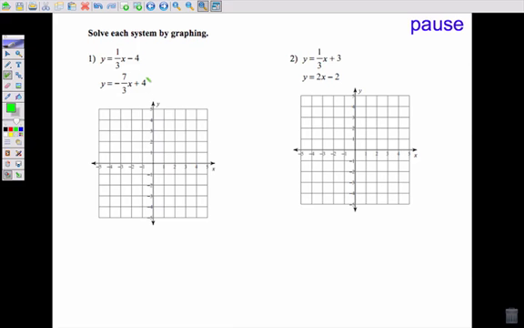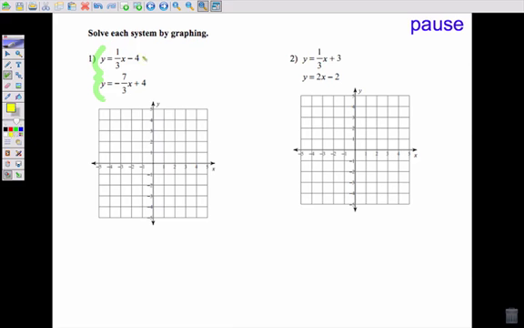The next part, if you flip over your practice problems sheet, will have these 6 examples on it. You're just going to solve each one of these systems by graphing. So we'll go through the first one together, and then you can do the rest on your own. So basically, when you're solving by graphing, you're just going to graph both of these equations on the same